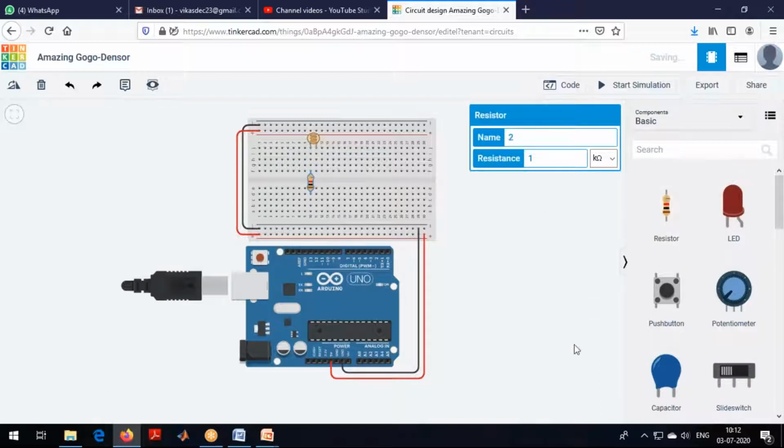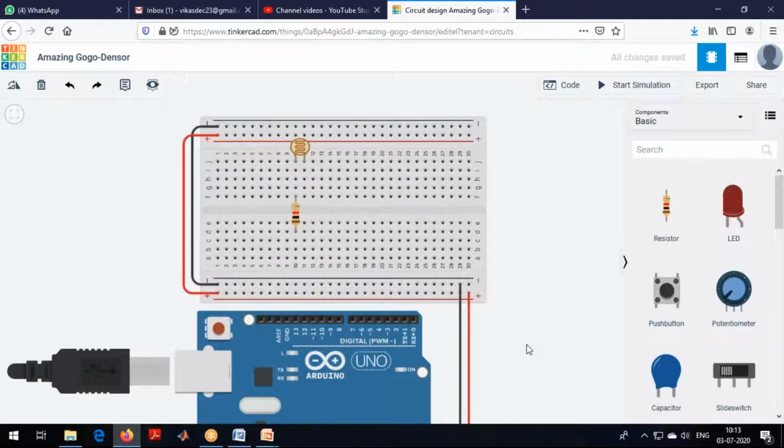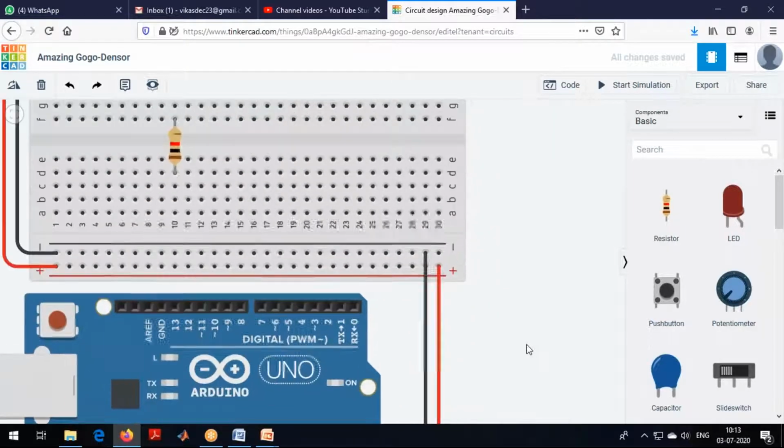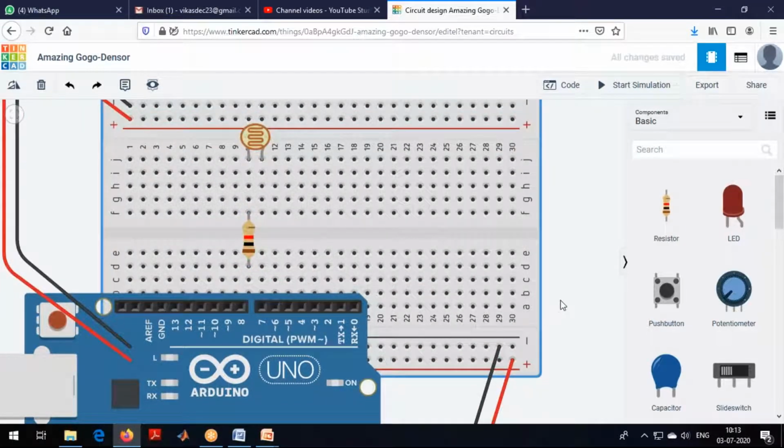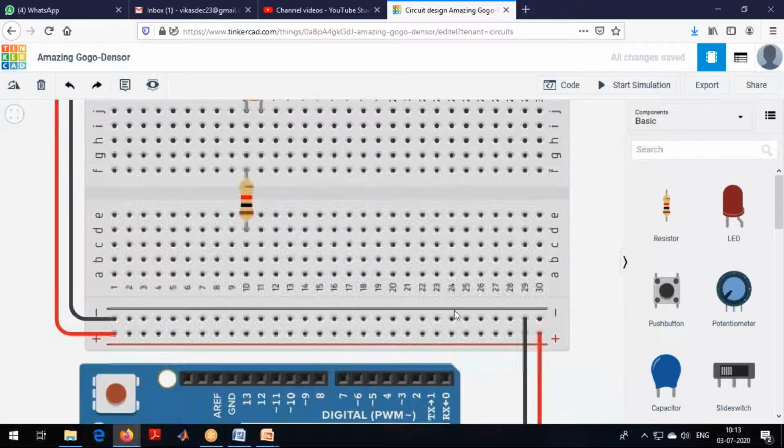Observe here what I am doing for this resistor. One connection I am giving on this line, and one on this line. We can give like that because we don't have any interconnection from this line to this line.